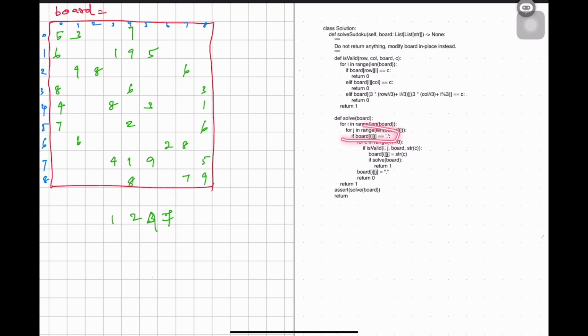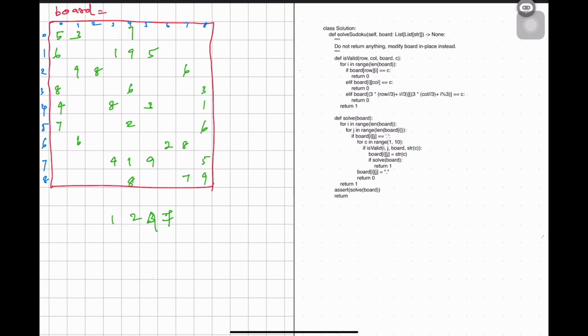If you see a dot, you will try values among 1 to 9. Whatever value you assign, initially 1, you update the board corresponding to the 1 and try to fill all the rest. If you set it to 1 and it doesn't fill all the empty cells, then you change this to 2.